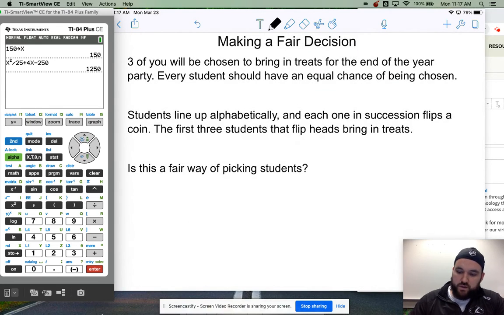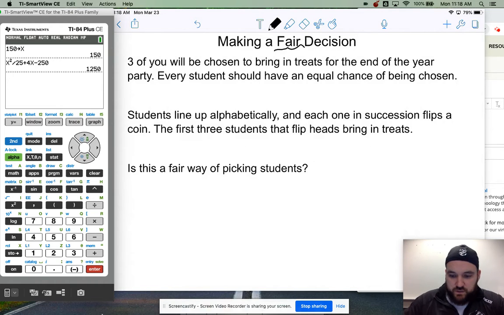Okay, so we're going to talk about fair decisions and randomness a little bit. We'll conceptualize at first, and then we'll actually put some math to it. If 3 of you are going to be chosen, so let's say just a class of students, let's say 35, 3 of you will be chosen to bring in treats for the end of the year party. Every student should have an equal chance of being chosen, right? That's what would be fair. And that's kind of what we mean by a fair situation, is that everyone has an equal chance of being